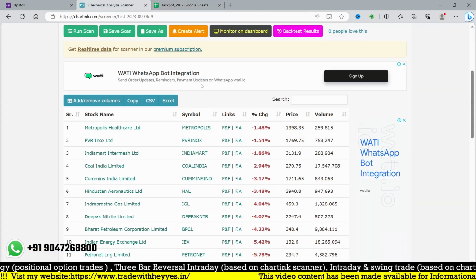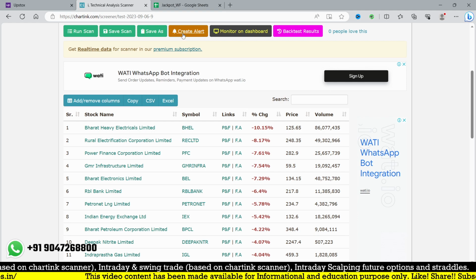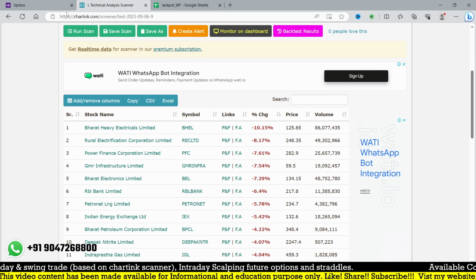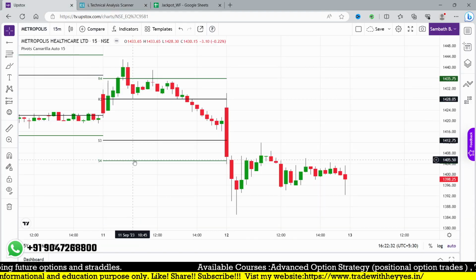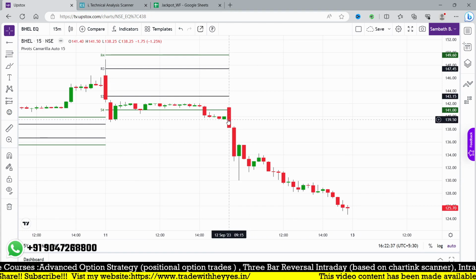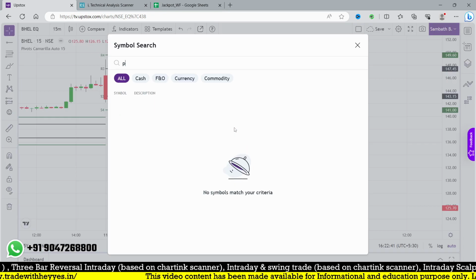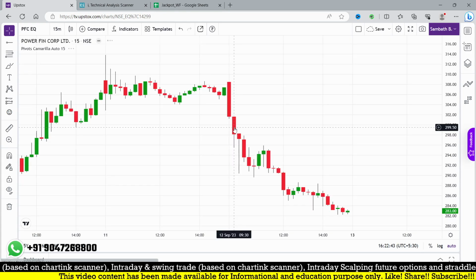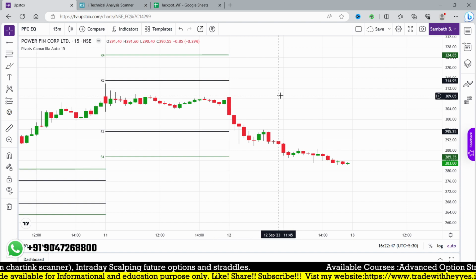So if you are planning stocks for the negative side, you can start from top to bottom. BHEL 10%, 145. Previously I saw it, now it is 125. So let me go for BHEL. What's happening here? Perfect one. From that point, 138 to 125. PFC is a scanner which helps you to find the trade. So 1.8%. REC,